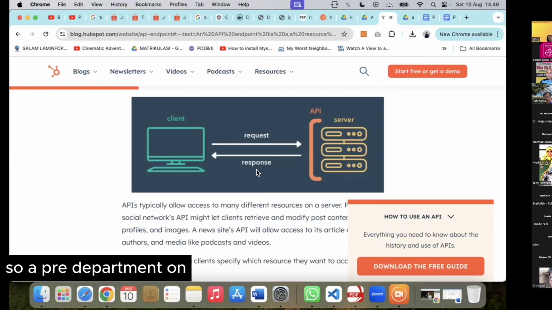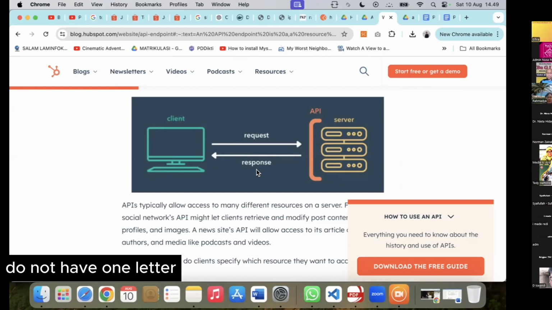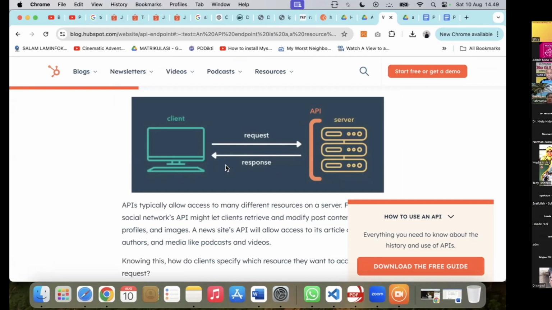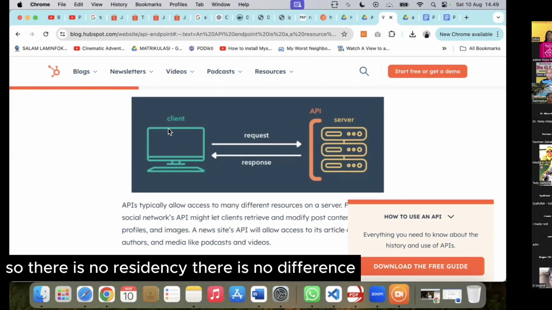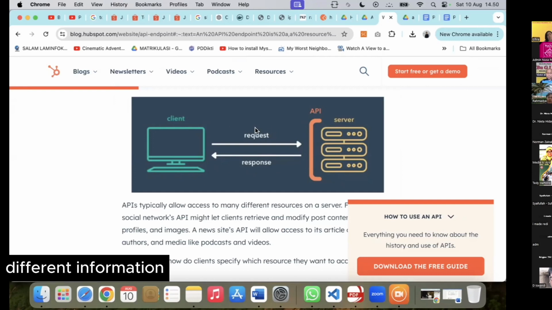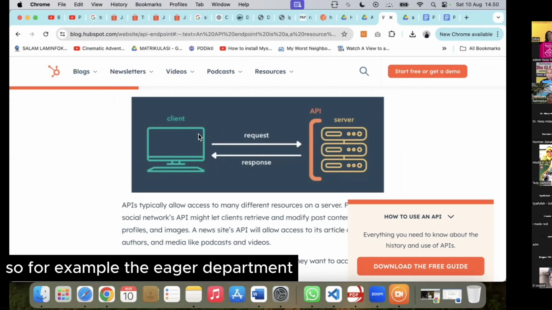So every department does not have its own copy of the data. Every department has only one data, and the owner is only one department. So there is no redundancy and no different information.